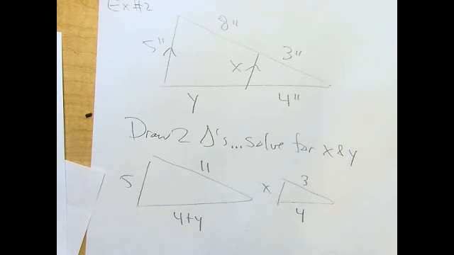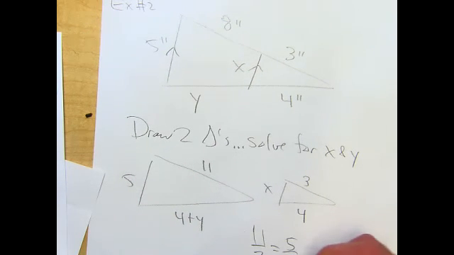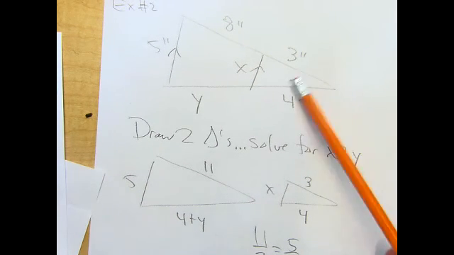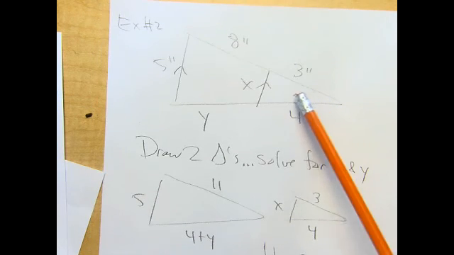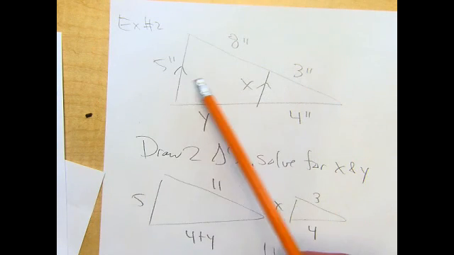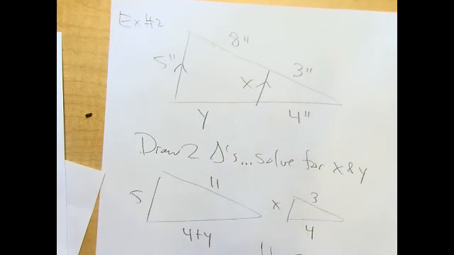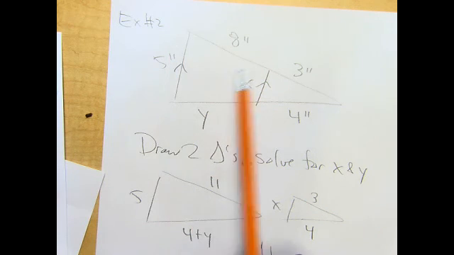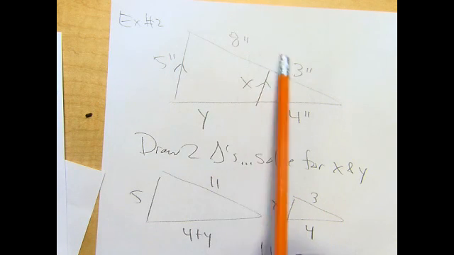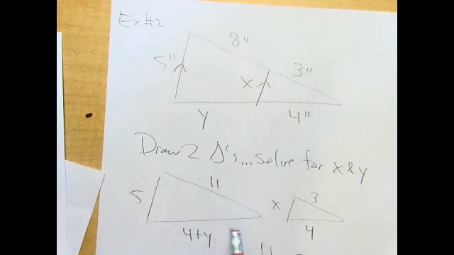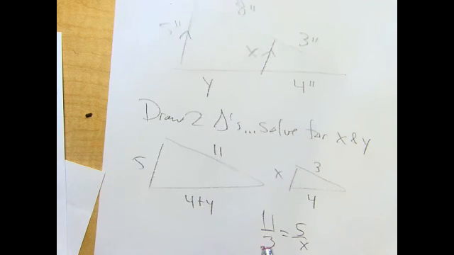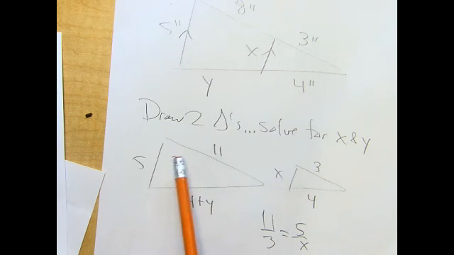Okay, so what could you do to set this up? You got 11 going with 3, so you'd have to say 11 over 3 equals 5 over x. If you just looked at this, I'm just going to be real with you. A lot of people would say something like 8 over 3 equals 5 over x. It doesn't work, okay? If you think about it, it's not logical. Because these are like sides in the triangle, and these are just like pieces of a triangle. So that's why I'm really saying you have to do this today, because if you don't, you might mix that up. And then the other one, you could say 11 over 3